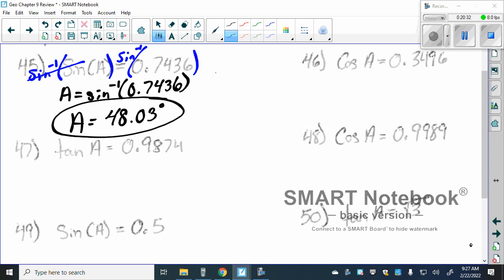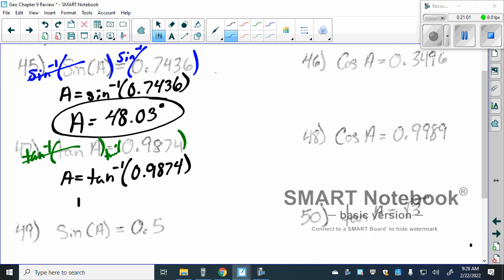If we look at 47, we're going to do almost the exact same thing, but we're not using sine inverse. We're going to use tangent inverse because it gave us tangent of A. To undo sine, we use sine inverse. To undo tangent, we use tangent inverse. And if we type that in, tangent inverse of 0.9874, we get